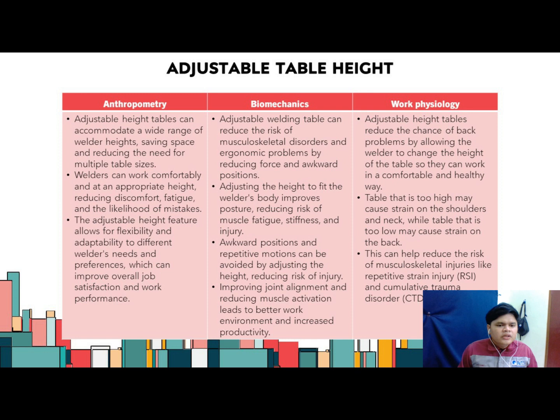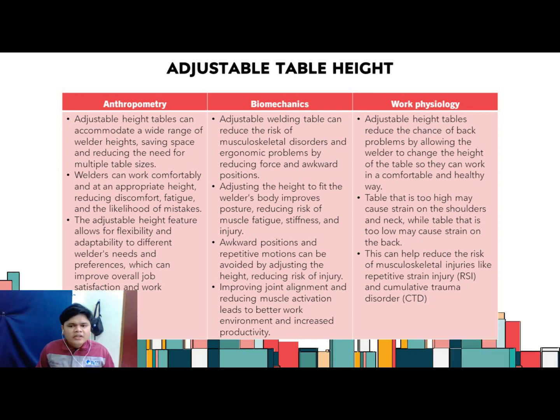Meanwhile, its relationship with biomechanic concept is that an adjustable welding table can reduce the risk of musculoskeletal disorder and ergonomic problems by reducing force and awkward positions, adjusting the height to fit the welder's body, improving posture, and reducing the risk of muscular fatigue and stiffness. And finally, the relation between adjustable table height and work physiology concept is that an adjustable height table reduces the